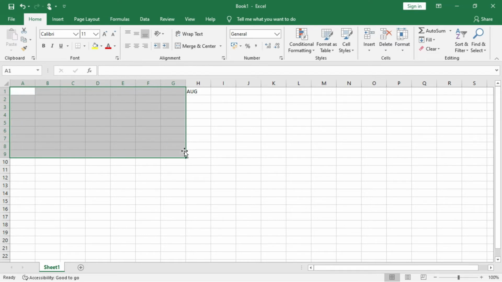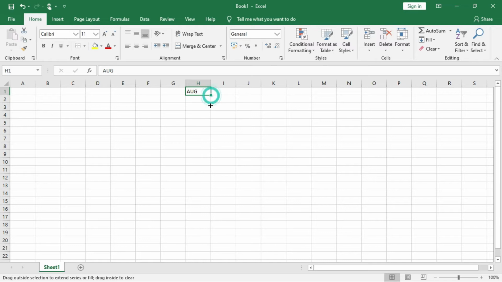So I'm just clicking over here. Not only this one, suppose from August I'm pulling, then from August onwards the months will be created. The same thing will happen to the week as well. And with numbers, if I want to get a serial number, I'll show you. All right, don't worry. The thing is that first let us come to entering data.